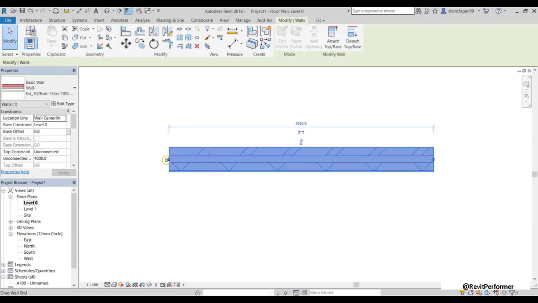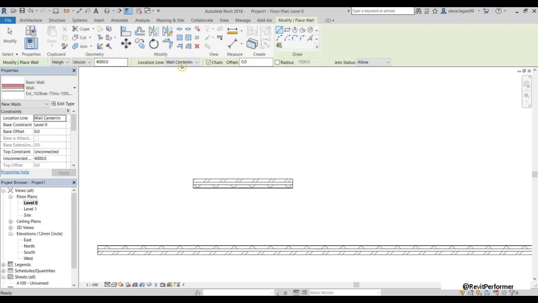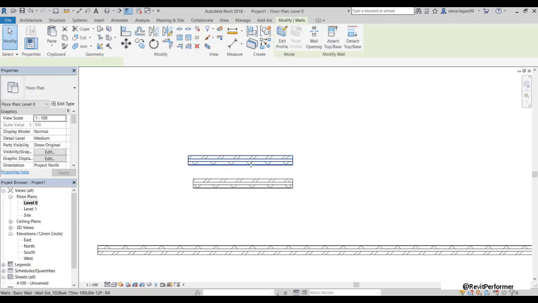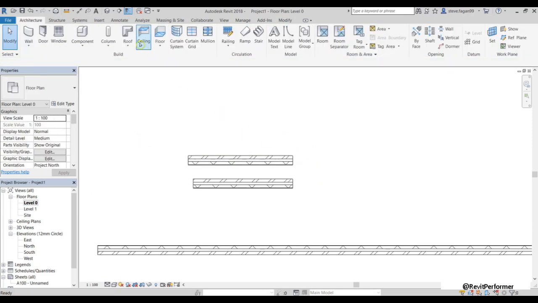It's also represented by the blue grips either side. So if I change it to finish face exterior, when I draw my wall, the dashed blue line is on the outer face of my wall, again represented by the blue grips either side.